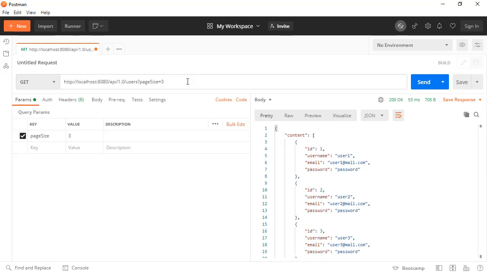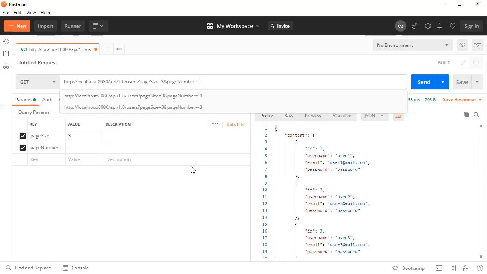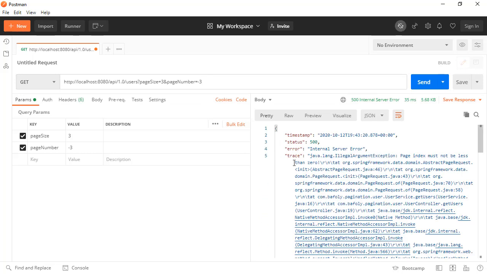But the existence of the parameter is not the only control point. A user may be entering invalid values, lower than 0, so maybe the user is requesting page number -3, and this is also triggering the exception. And we might have millions of users, and a user may be setting the page size as 1,000,000. So our pagination would be meaningless in that case. So we have to validate these parameters and set some boundaries for them before running our query